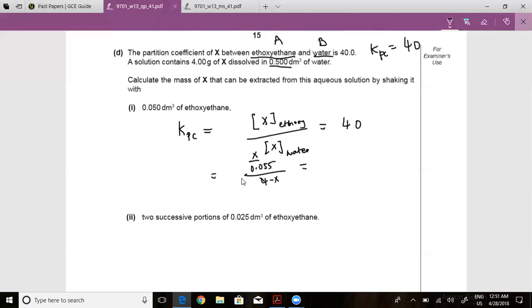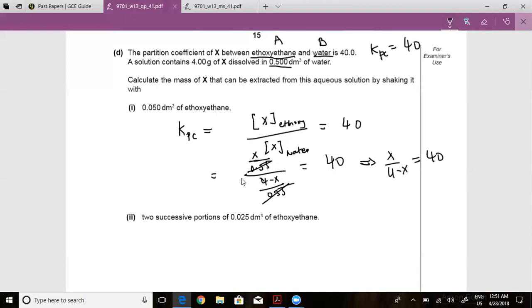Yeah, it's 55, not 0.55. That's what I was right. You want the total volume of water and ethoxy. ठीक है, this is right? Concentration, okay, ठीक है. This is 40. This cancels out. X over 4 minus x is 40. If I've done the calculation correctly, you get